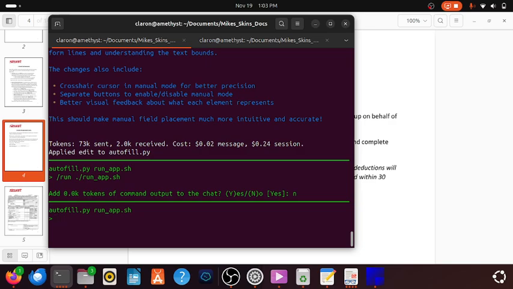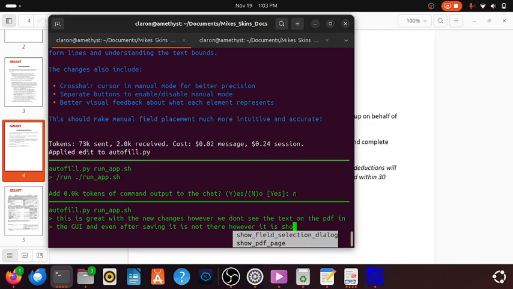So what we're going to tell it is this is great with the new changes. However, we don't see the text on the PDF in the GUI, and even after saving, it is not there. However, it is showing the